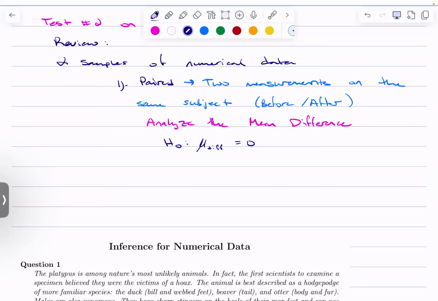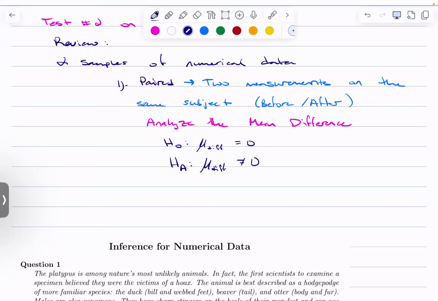Okay? What's nice is once you have picked that this is a paired data type of question, right, or matched pairs, sometimes I call them matched pairs just to emphasize that in case paired doesn't do it for you, right, matched pairs, they match on the subject. And so then once you've decided that you have a paired data type of question, this will always be your null hypothesis. And that's really nice because you don't need to make any changes. For your alternative,